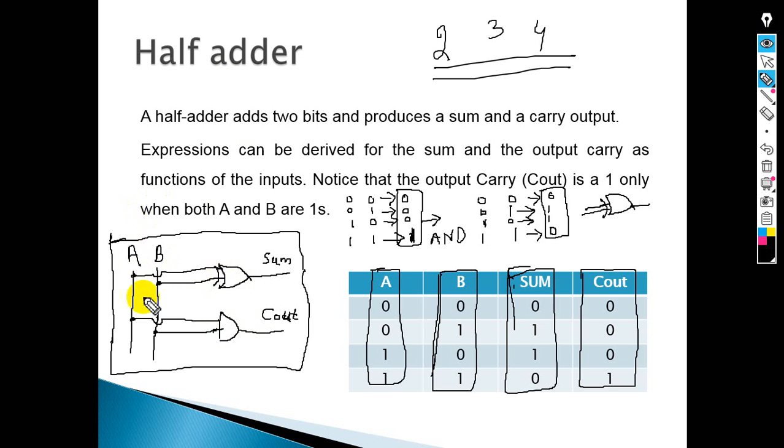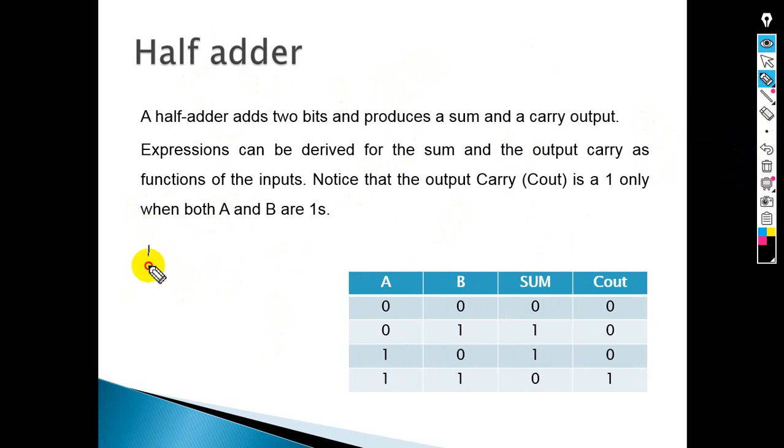Okay, so look at this. So if you have a combinational circuit of half adder, so look at this. If we have a combinational circuit of half adder,